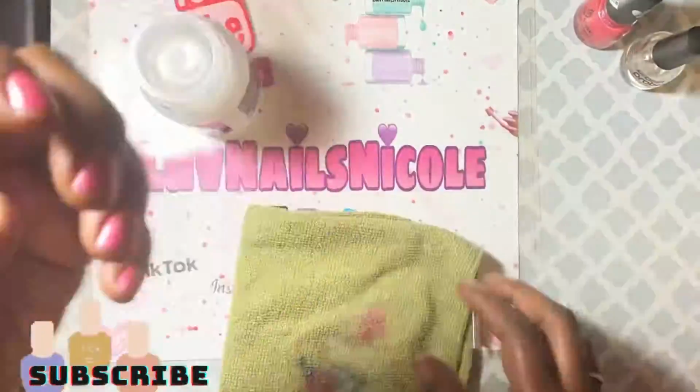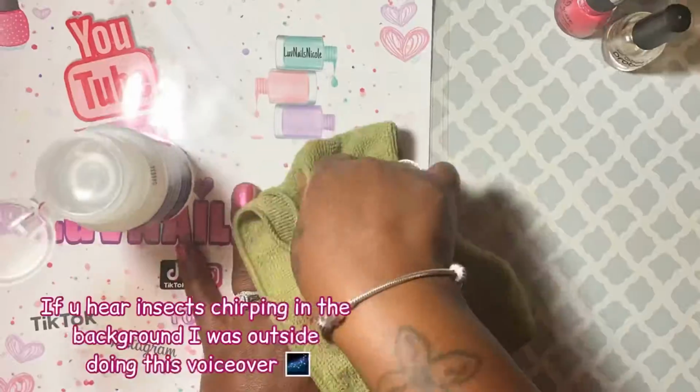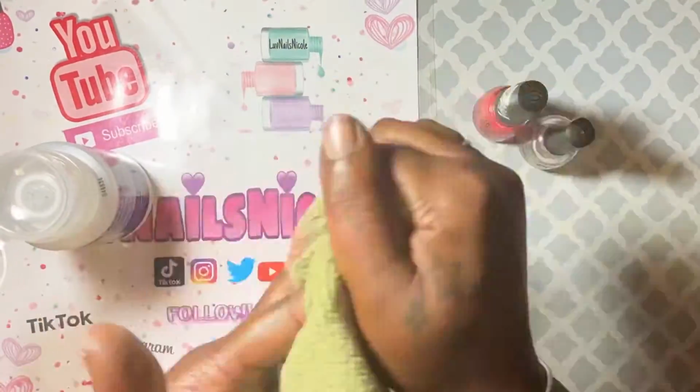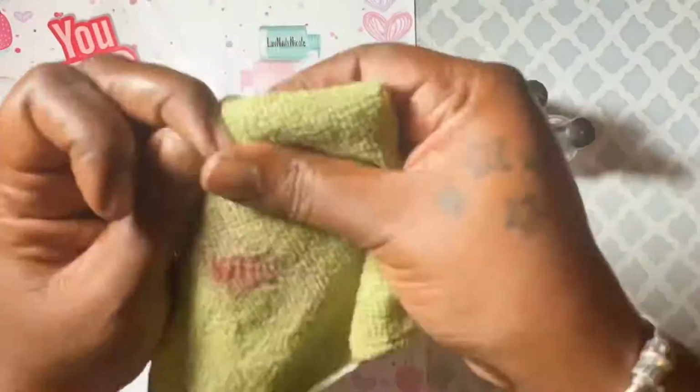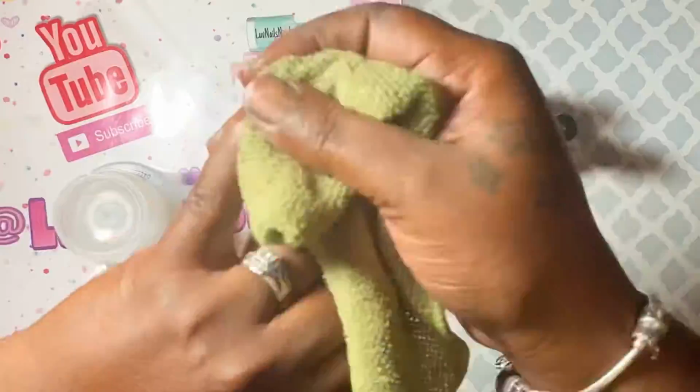So I know some of you are new to the channel, but if you guys missed the video where I shared how to remove nail polish without using cotton balls, I decided to do a little time lapse of me removing my polish with the microfiber towels that I shared in that video a while back. I'll leave the link in the comments if you'd like to go take a look,